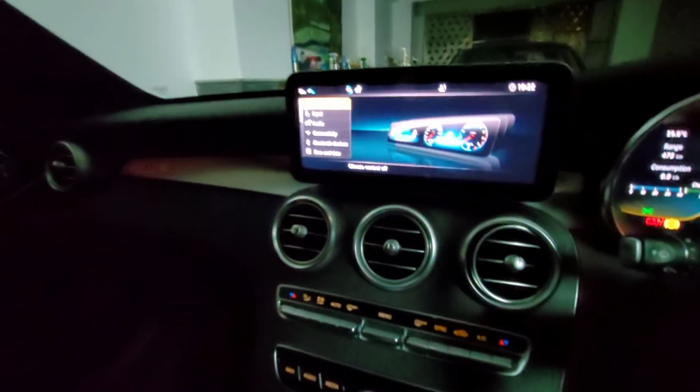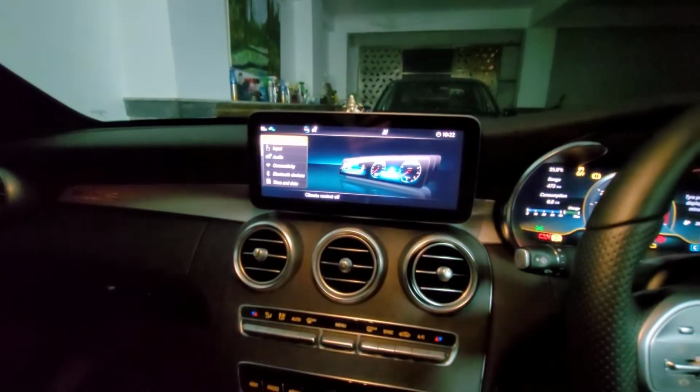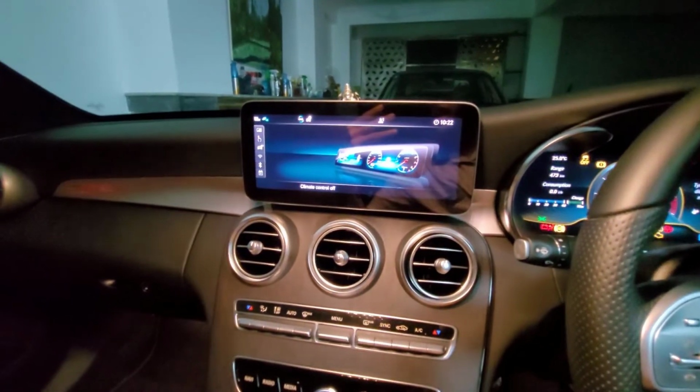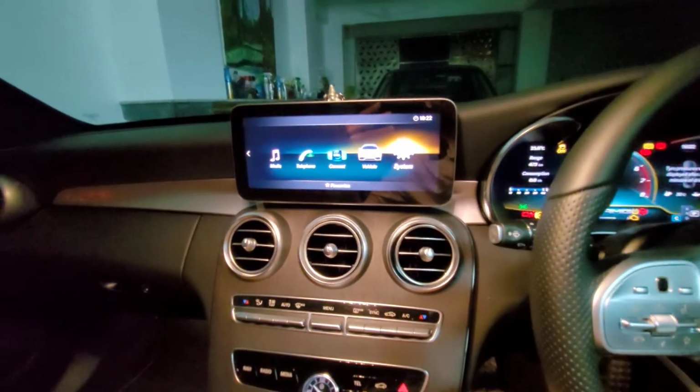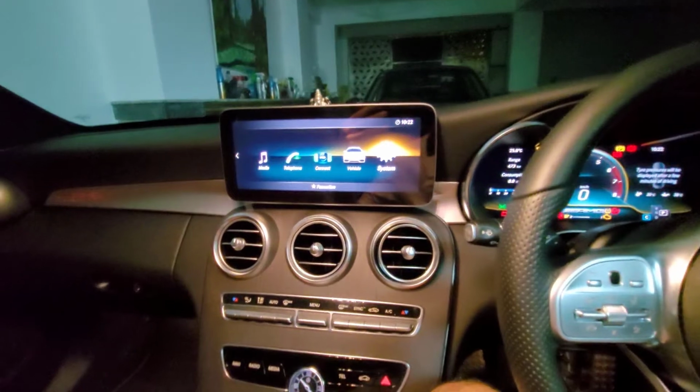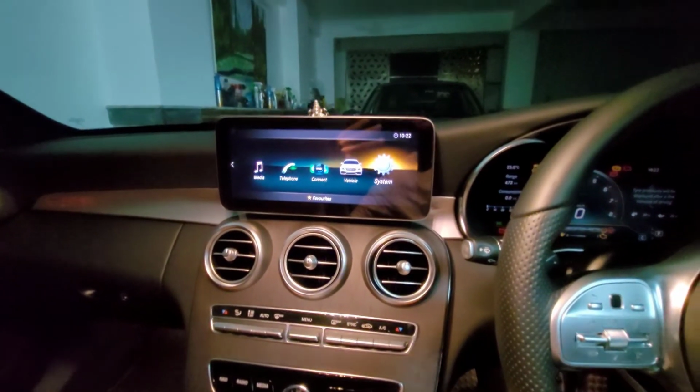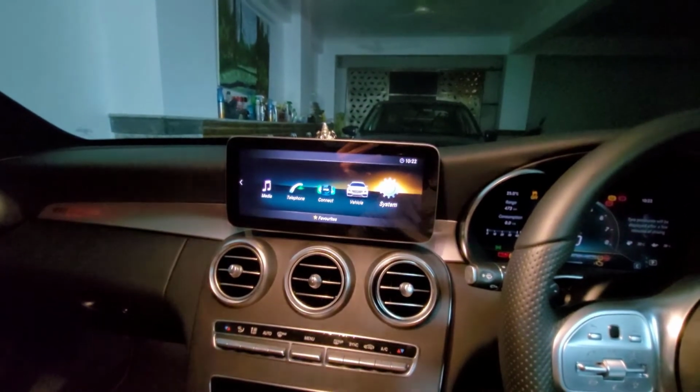See, this is, if you see properly, first thing I want to tell is, in this particular car, let me turn the image.